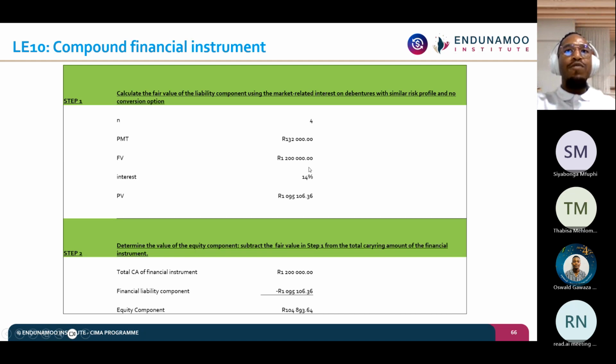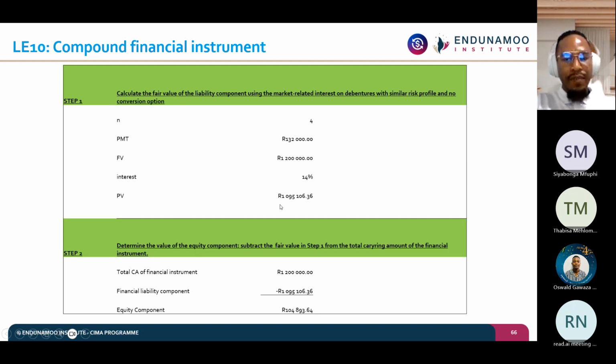What interest rate are we using? We have to use an interest rate for a financial liability that has a similar risk profile, but without a conversion option. So we're going to use an interest rate of 14% to determine the present value. The present value, PV, is the fair value of the financial liability or the liability component. And that gives us an amount of